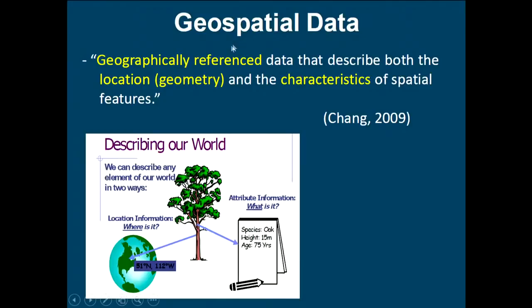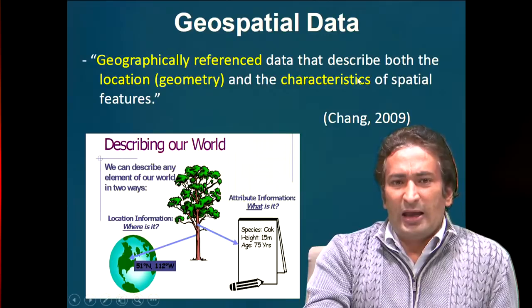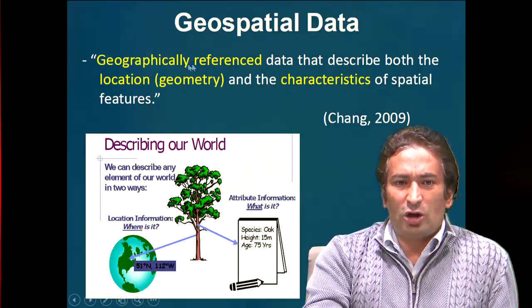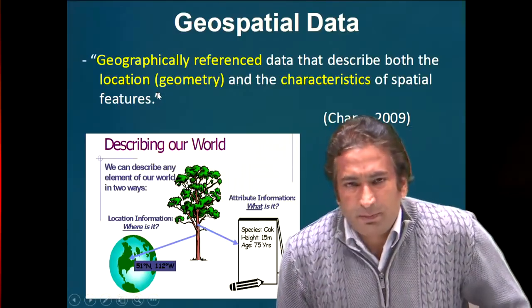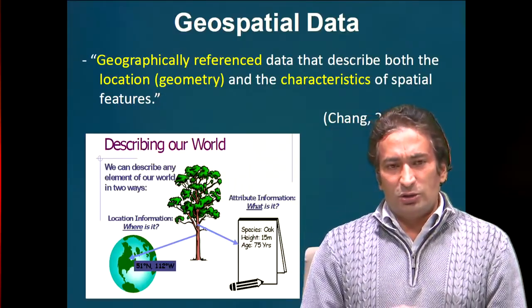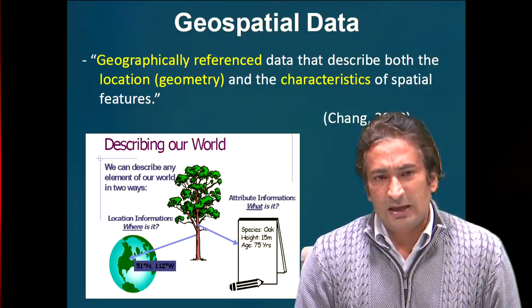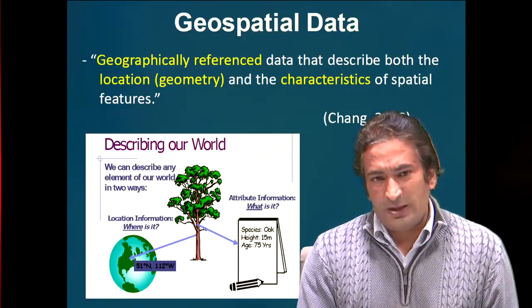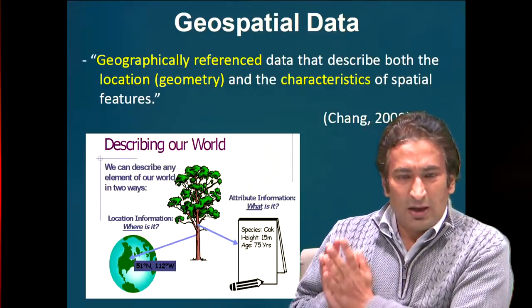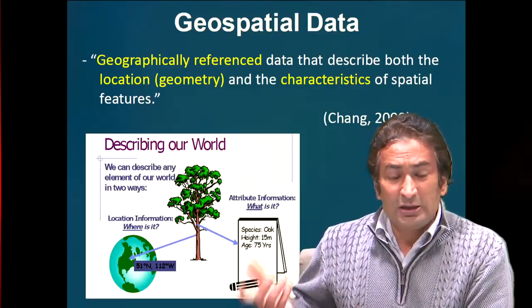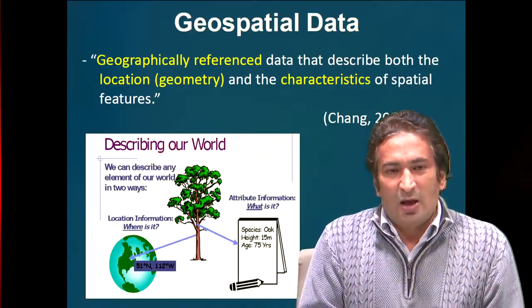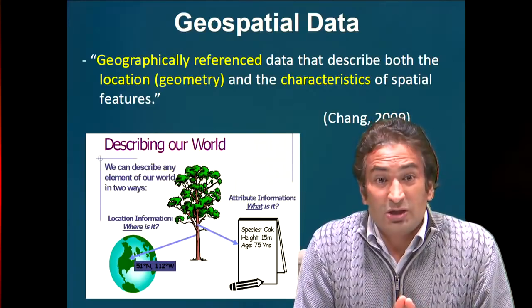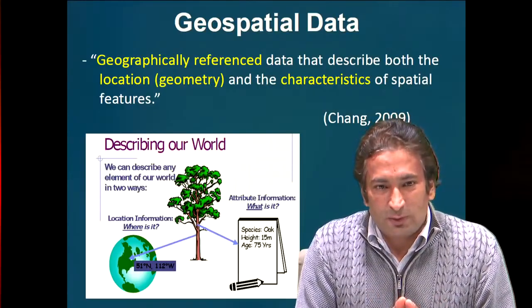If we say geospatial data, as I told you earlier also, it contains both location, that is called the geometry, as well as the characteristics. Now here if we talk about the geometry, we have a thing called projection system. We talk about it in GIS. Projection system is like referencing the object with respect to the earth surface, where it is on the earth surface. Because for the entire earth surface we have given a coordinate system. Coordinate systems have been defined. There are different kinds of coordinate systems.